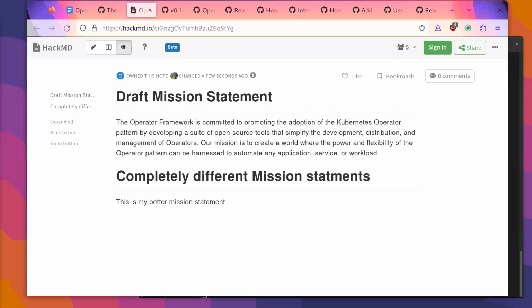Everybody should have edit privileges, so if people don't have edit privileges, they can just completely take this in a different direction. That's probably the fastest way forward. So if there's something like, I like it but I want to tweak it, let's just comment on the HackMD. If you have a completely different idea, we can bring it down here. I could also just go create the PR, take what I've got, like Bryce is saying, and make it against community and then share that. Maybe that's the best collaborative way. How do we feel about that?